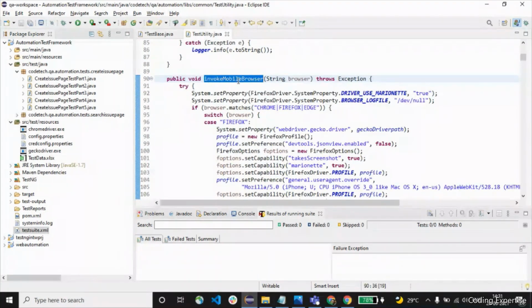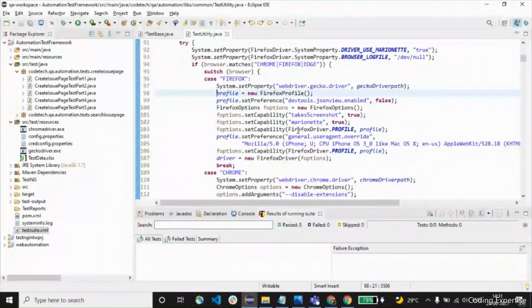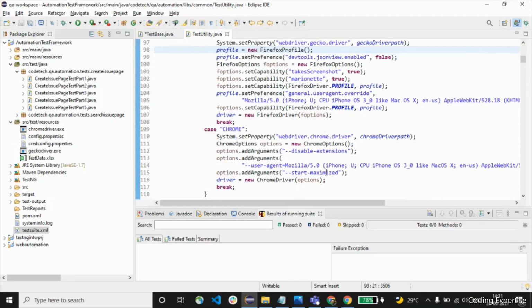Okay, now we are coming into this method. Mobile, in a sense, doesn't trigger and execute the test on a real mobile. What it does is run the execution on a user agent, which is like an emulator. So we have to mention that in options, where you can see options.addArguments, where we have specified user-agent equal to Mozilla and so on.